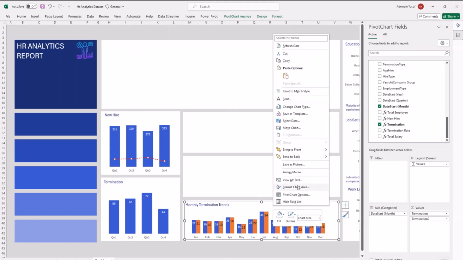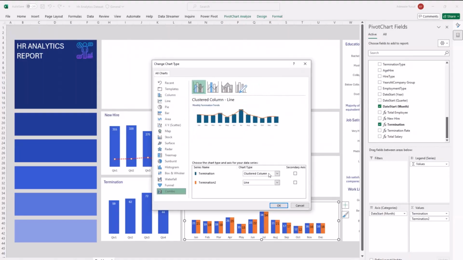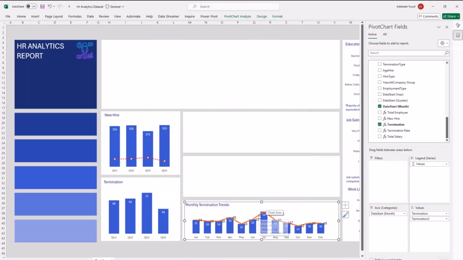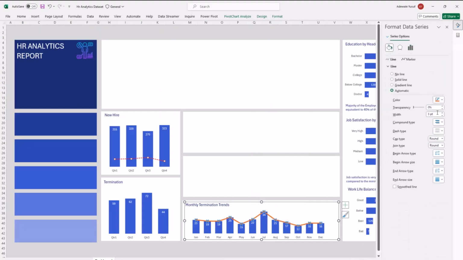So I'll right click again and do change chart type and go to combo and change this second one to line, right? So I change this second one to line. So this line one, I will select the data label of that and delete it. Then I'll select the line itself and format data series. So now on the line, I will make sure that the line is maybe something of my light blue color.